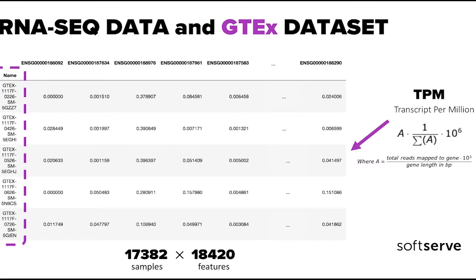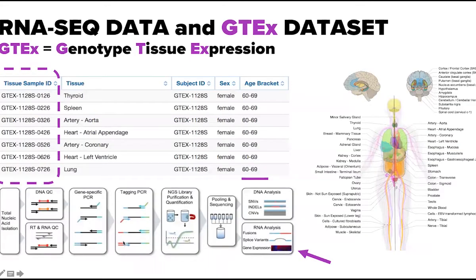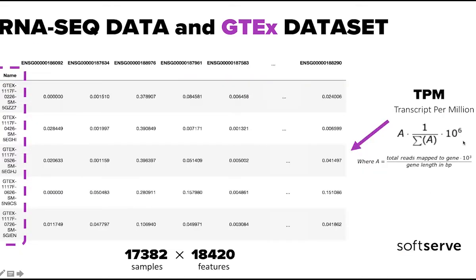So as you remember from this image, we have different nucleotide sequences that were mapped to specific genes. And here we just count how many were mapped for the particular gene. There are different metrics for how this gene expression number can be calculated. The one that is used here is called TPM, or transcripts per million,